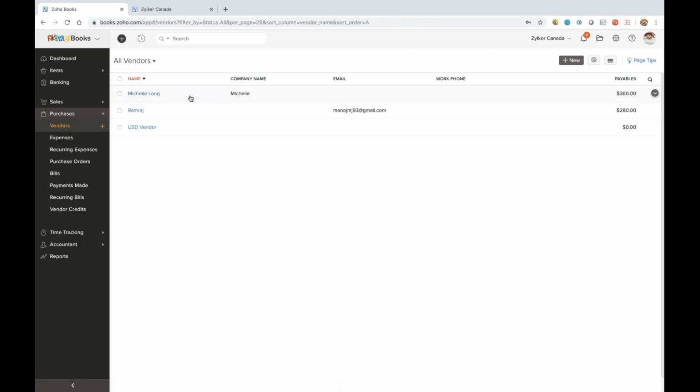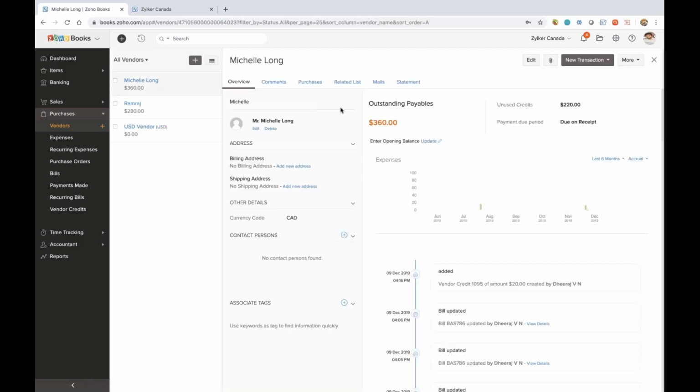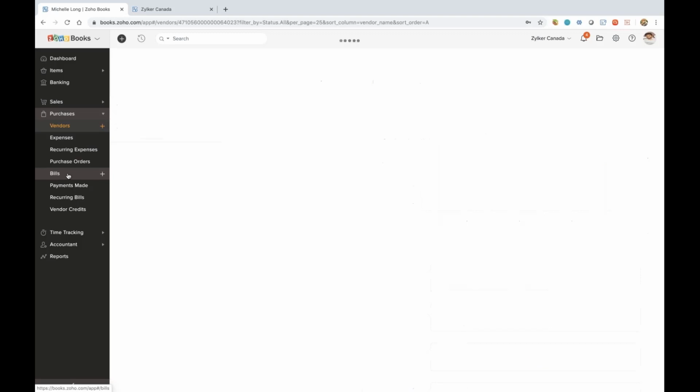Now, under purchases, you're going to find the same modules, except it's vendors rather than customers. So you have your vendors over here. You can find a dashboard for vendors as well, just like you saw for customers. You can record your expenses and do your bills. So every invoice that you receive from your vendor is going to be tracked as a bill in the system